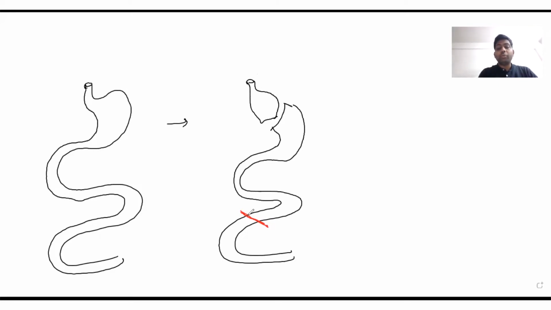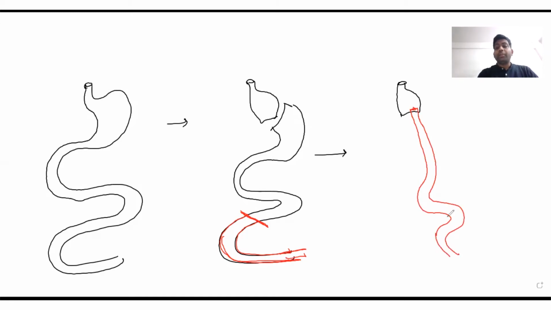So what do we do? Suppose we make an incision here and we color the distal part of the jejunum red. This is the roux limb that we are going to color as red. So whatever we are going to see as red is the distal part of the jejunum. So what we see next is, this is the gastric pouch based on the lesser curvature. What has been done now is the roux limb has been anastomosed here. And what is left behind is the distal part of the stomach.